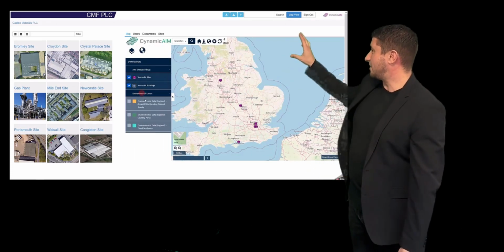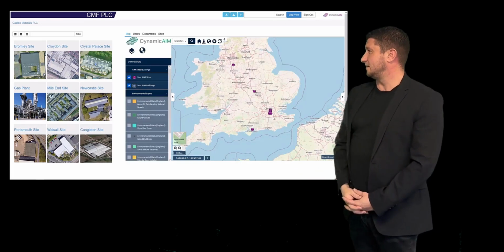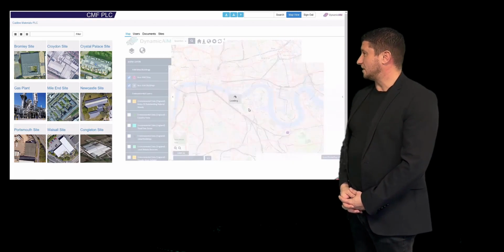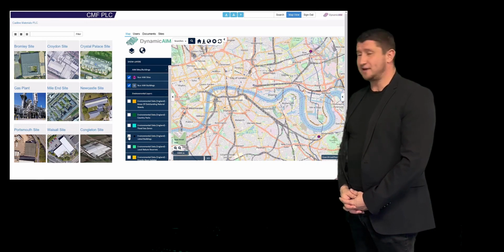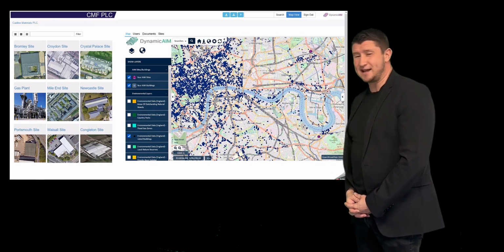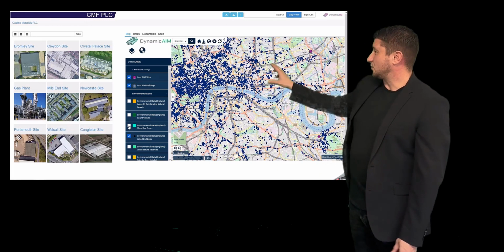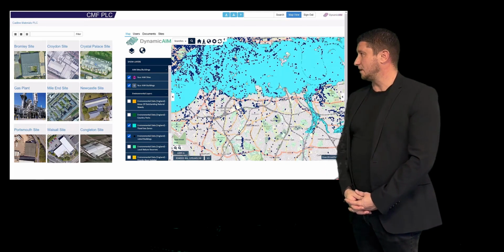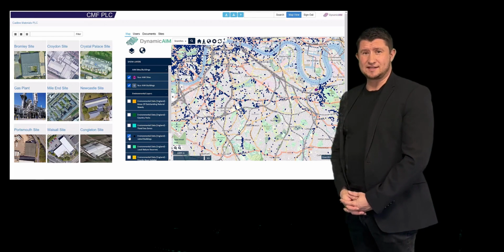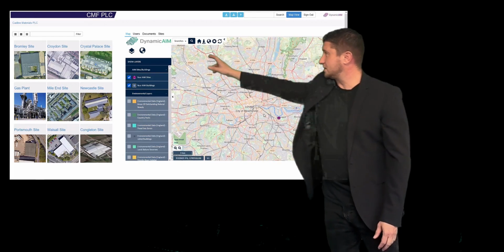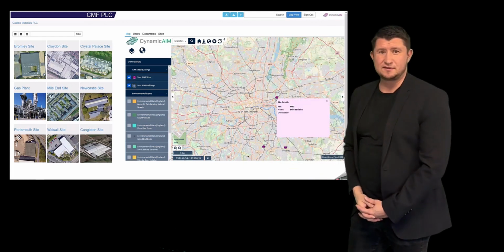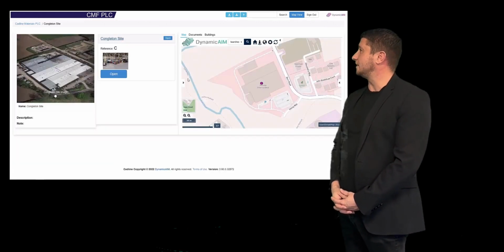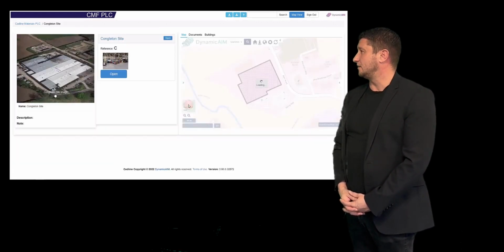You'll see a map here on the right hand side where we can drill down to site locations. It's built on a strong GIS package that we've had out in the market for about 13 years, DynamicMaps. And that's where we can put all these beautiful GIS layers on. So we can locate a site on the map, or on the other side here, we've got thumbnails for site location. So now we're at site level, where we can put